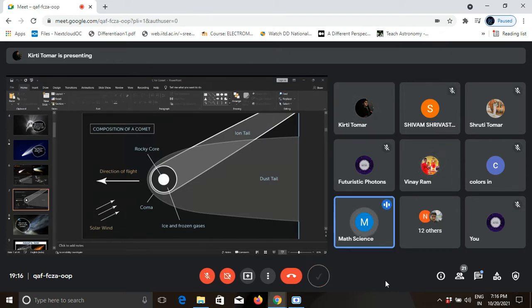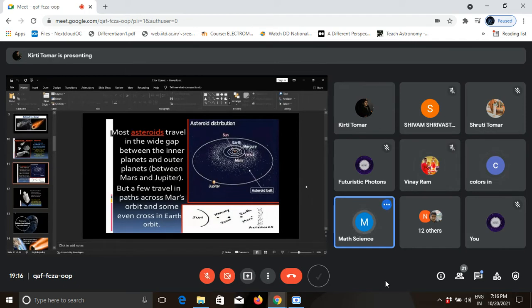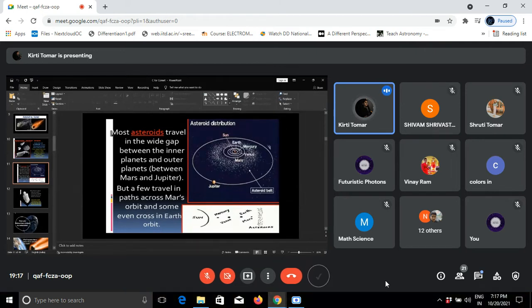Ma'am, please change this slide. Slides are not changing, ma'am. Still the seventh slide is visible. Now it's visible. Sorry to interrupt, can you show from the starting?